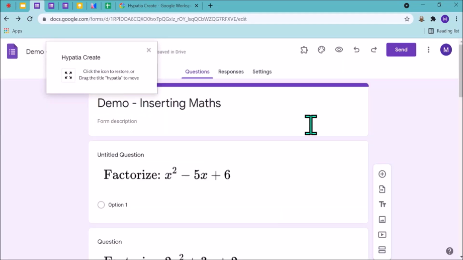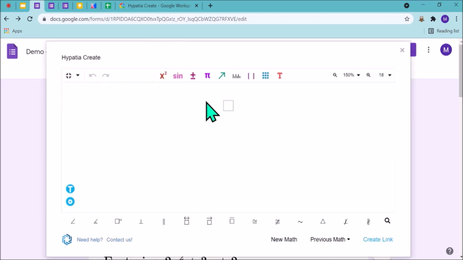Excuse me, ma'am. Yes, ma'am. Can you please guide how to write 0.33 bar as a non-terminating recurring decimal expansion? Let me just try. I have not tried because I am not teaching any junior class. Let me just try. 0.33 bar. We can bring this symbol. I hope it is written. Thank you. Thank you very much. Thank you, ma'am. Any other question from inserting maths?